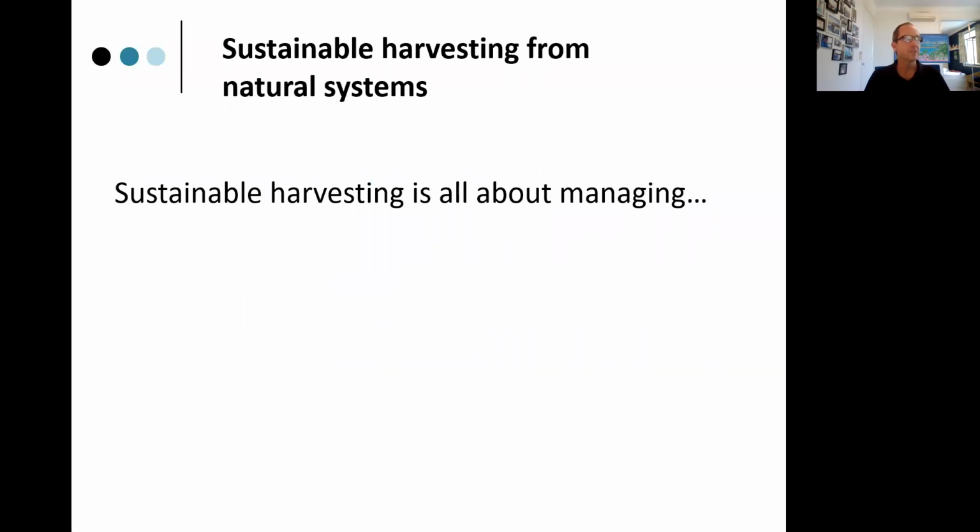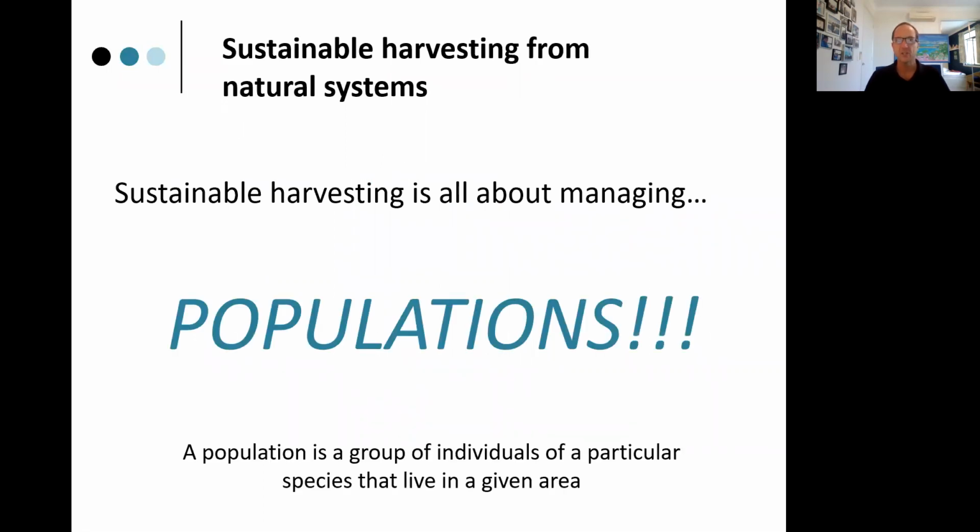So sustainable harvesting is all about managing what? Okay, well, it's managing the population, but it's not just the population, it's the ecosystem around that population. So it's the habitats that that animal lives in as well as the population. The population is a thing that we use as a meter for knowing how we're going, because